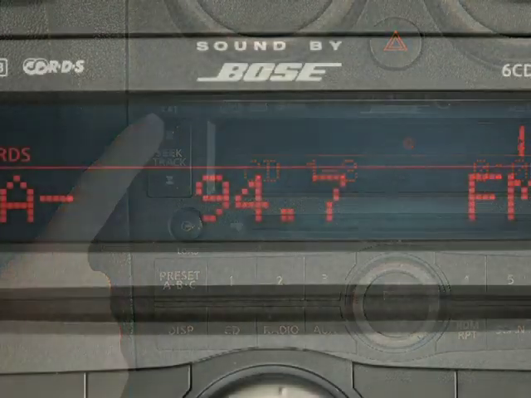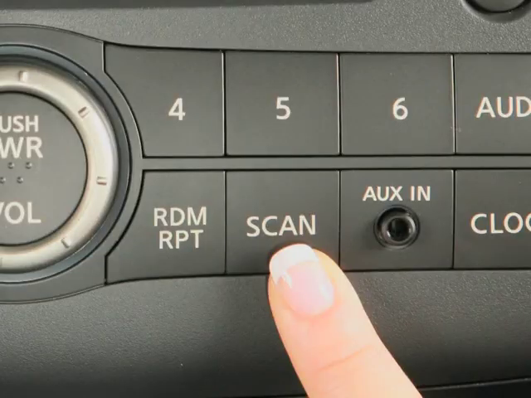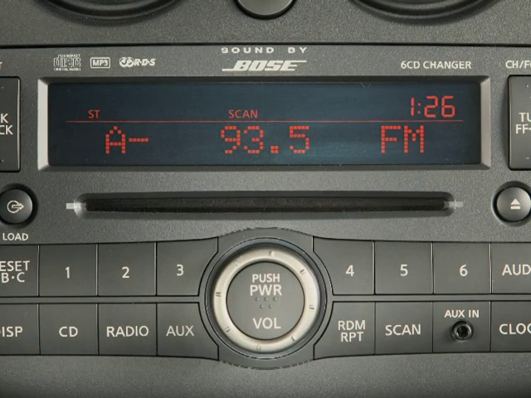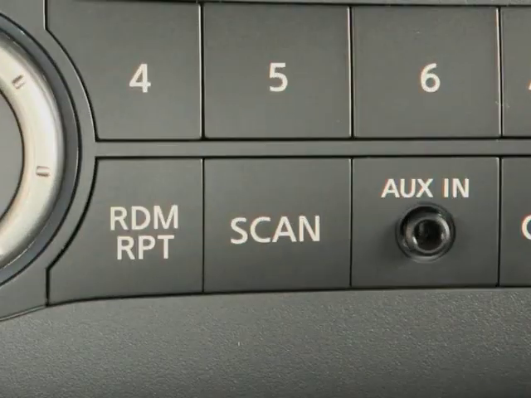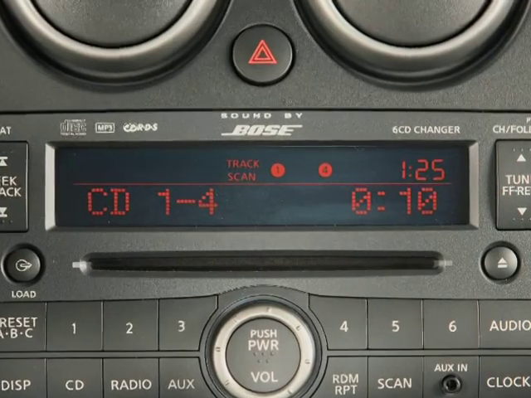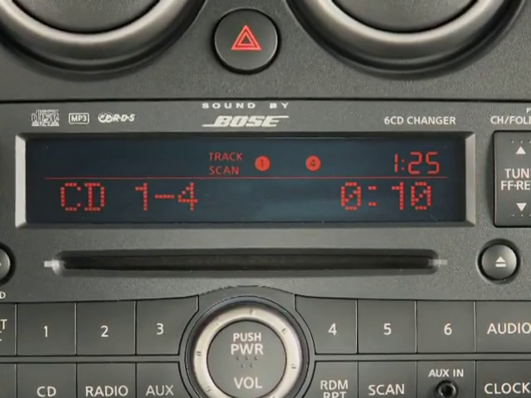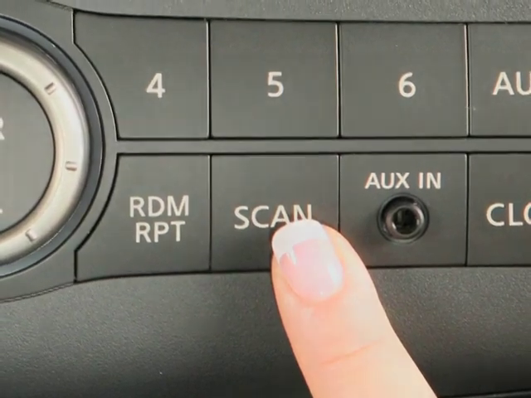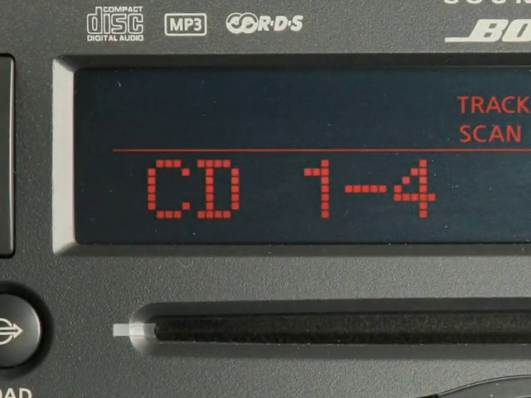To quickly scan through radio broadcast stations, press the Scan button. The tuner will seek out and stop at each broadcast station for 5 seconds. When you reach a station you want to listen to, press Scan again to stop. Pressing the Scan button while playing CDs will play the first 10 seconds of each track on the CD. Pressing it again during the 10 seconds will stop the scan and that track will play in its